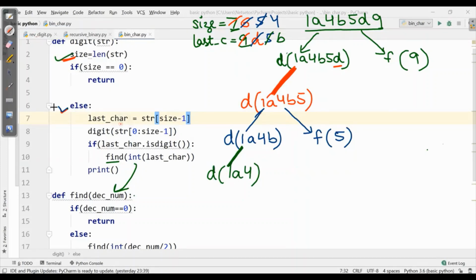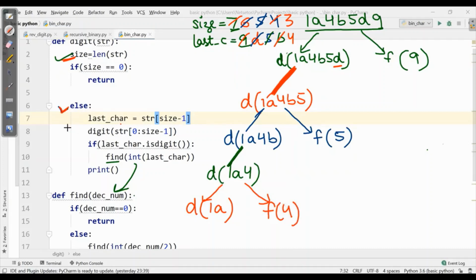No. So it will go to the else part, and here it will calculate its last character, which is 4, and our size is 3. Then again it will have d, 1, a, because 4 will get excluded. As the last character is a digit, it will have 2 branches over here with f of 4.